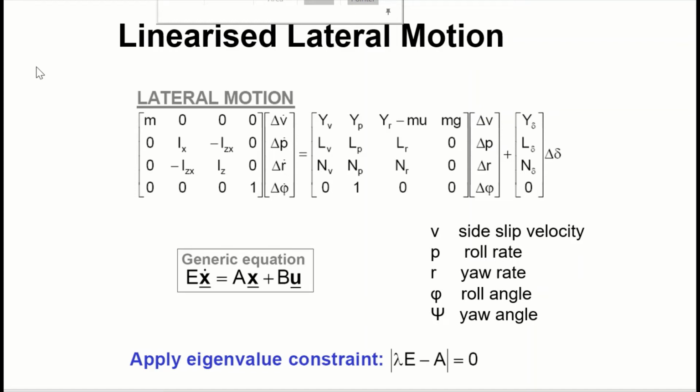Right, here we have the linearized equations of lateral motion. We have a 4x4 state space representation. In the original format, it's not in the standard form because it's got a matrix E at the front here. And we have 4 variables associated with lateral motion, which are side slip velocity, roll rate, yaw rate, and roll